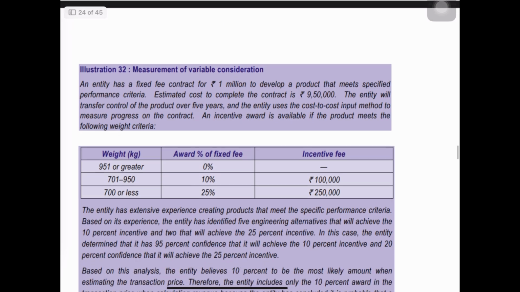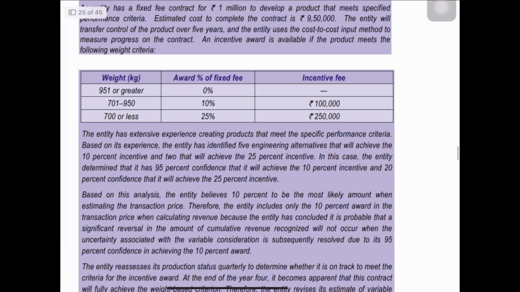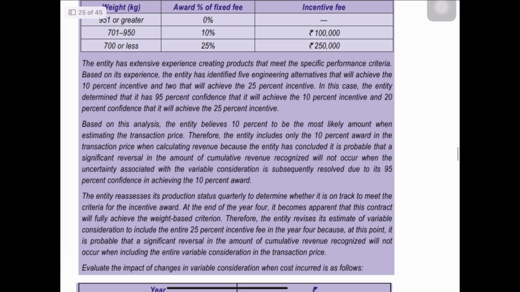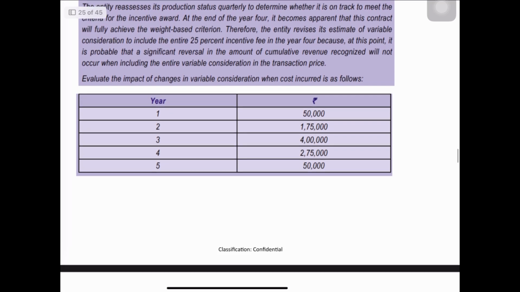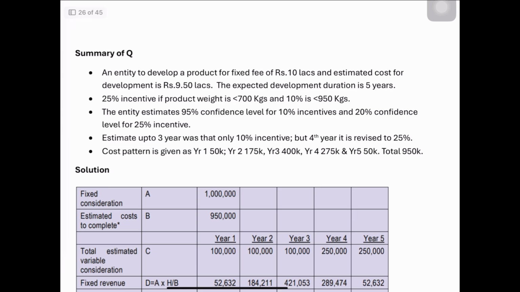Okay, let's move on to the next example. It's a big question, so please take some time to read it. I have tried to summarize the question here. The entity is to develop a product for a fixed fee of rupees 10 lakhs, and the estimated cost for the development is 9,50,000. The fixed fee is 10 lakhs, the estimated cost is 9,50,000, and the duration is